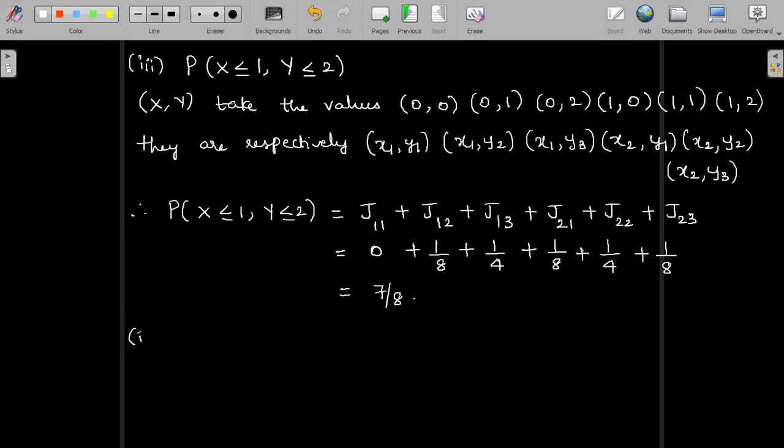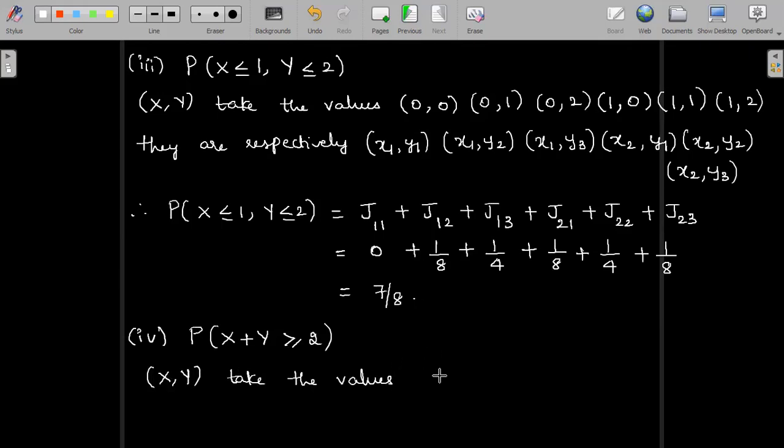And now we are moving ahead to the fourth and the last case to find out probability of x plus y greater than or equal to 2. X plus y should be greater than or equal to 2. So we will now write down what are the different possibilities that when we sum up x and y, it should be greater than or equal to 2. So let us write down all different possibilities. So x comma y can take the values.